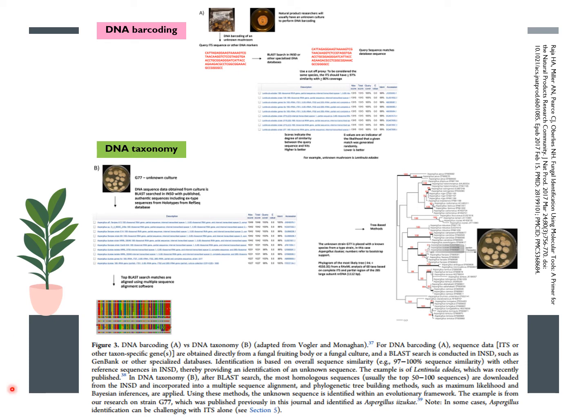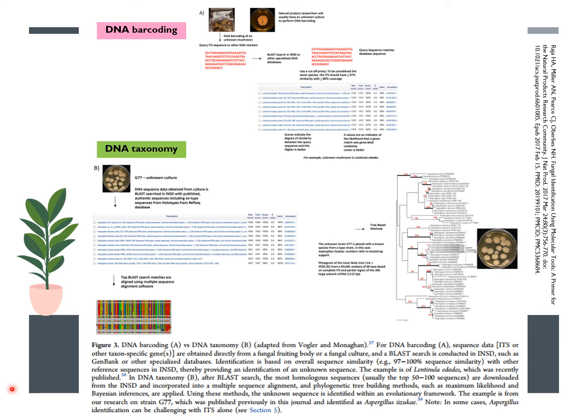And here is an overview of how you will perform fungal identification using DNA barcoding and DNA taxonomy. Here is an example of DNA barcoding, in panel A. The sequence data using the ITS or other taxon-specific genes can be obtained directly from the fungal fruiting body. In this case it is the mushroom, and then a BLAST search is